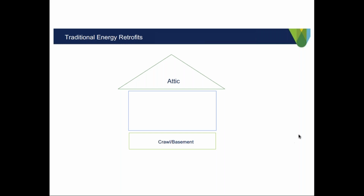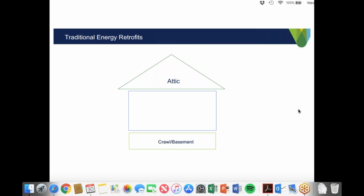Now, buildings' roots are really that crawl or basement. And so due to stack effect, much of the air in a building does flow upward and out of the roof assembly or through that ceiling plane. So, both of these are very effective retrofit strategies. But if you look at that simple drawing of a house,